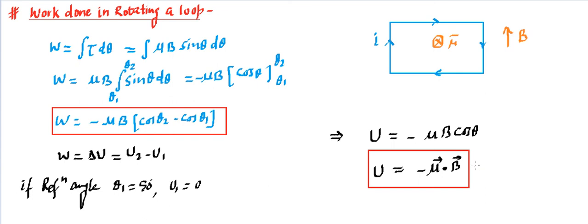Well, these are very, very important results, and they are very similar to those of electrostatics, so it's going to be easy to remember, but you need to understand how we are proving this. So proving is also important. Mind it, sometimes in place of mu you will get m, so respect it as well. So m is also indicating magnetic dipole moment.